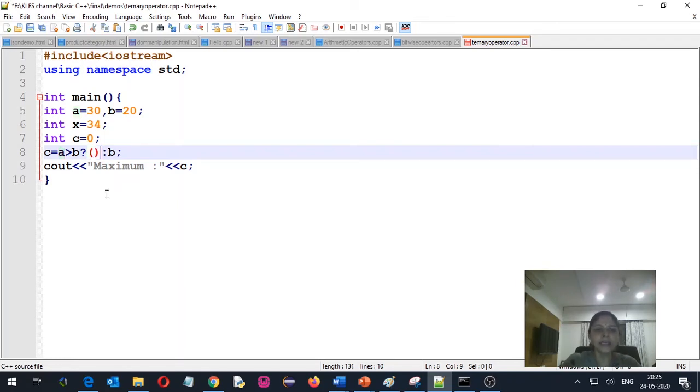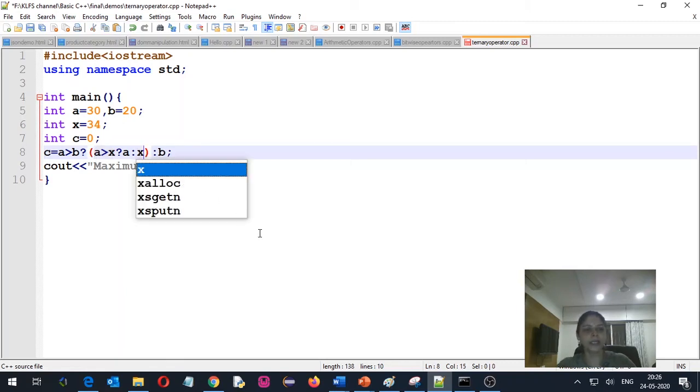For simplicity, I am adding brackets over here, and I am checking the condition whether A is greater than X. Now for this ternary operator also I have A. So here we are checking A greater than B is true, then I want to check A greater than X, and if this is also true, I want to print A is maximum. But if this condition is false, then I want to print X is maximum. So over here I am writing X.